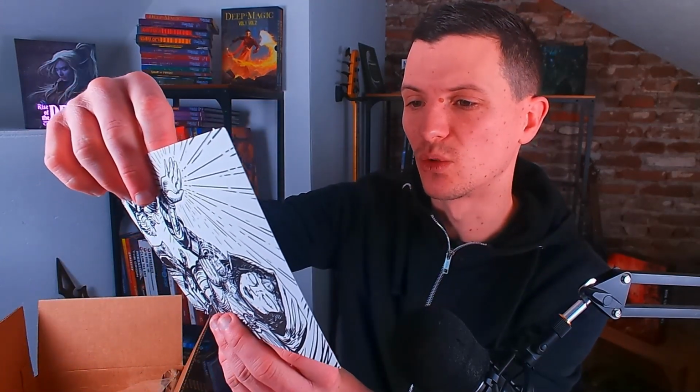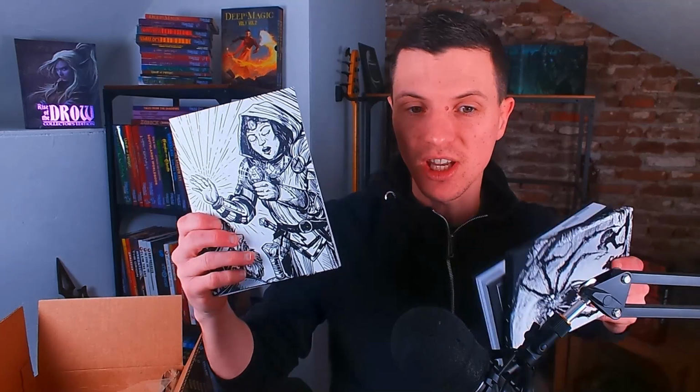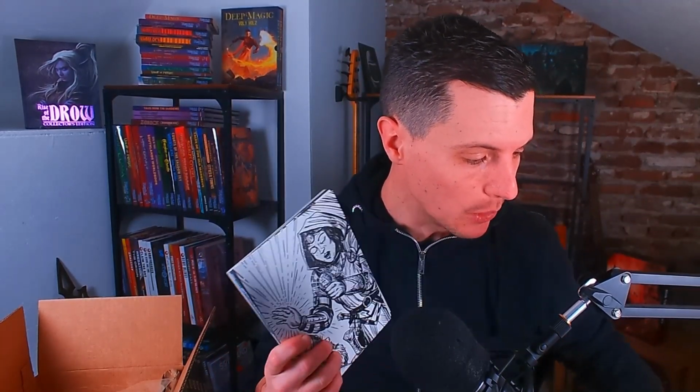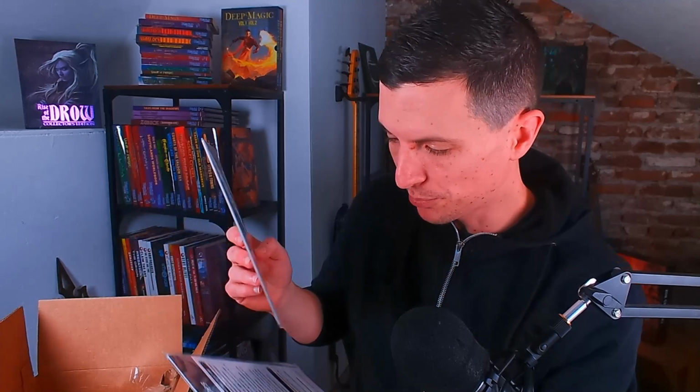The character sheet is really simple, but really cool. It's landscape. So again, it belongs to the same game. That's what I like about this. I swear, if I put this on the table for my players, they are going to want to play this. Just saying, they're going to want to play this. Pre-made characters. We have the game. We have pre-made characters. We have